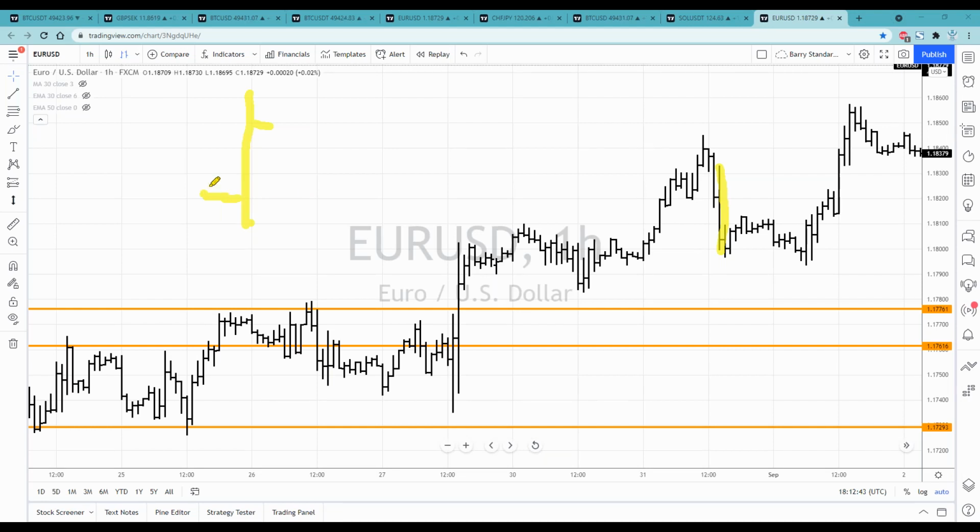Now, if we stepped up the ladder from the open to the close, that would have been a bullish session. If we stepped down the ladder, so in other words, the market opened here, because that's always the dash to your left, and closed here, that would have been a bearish session. So as you can see on this chart, we have bearish sessions and bullish sessions. We have big opens and closes, and we have different types of bars.